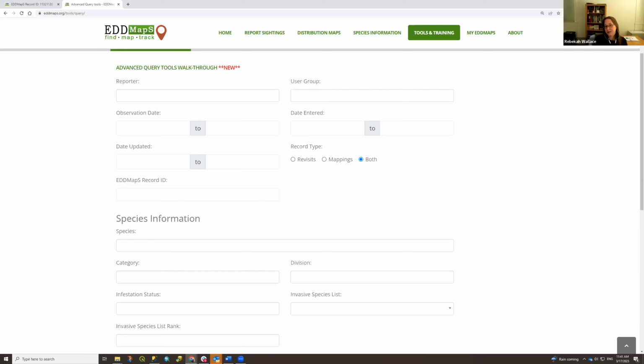I don't suggest just another point on top of points on top of points. So if you can pick, say, the closest and oldest record to do a revisit for, that's probably the ideal situation. We don't have a way for a user to make someone else's record a revisit of another record. And in some cases, even though records are close, it makes sense to keep them as separate records.